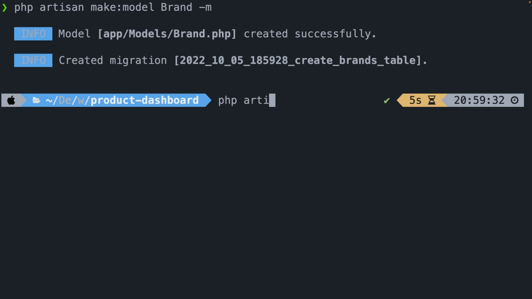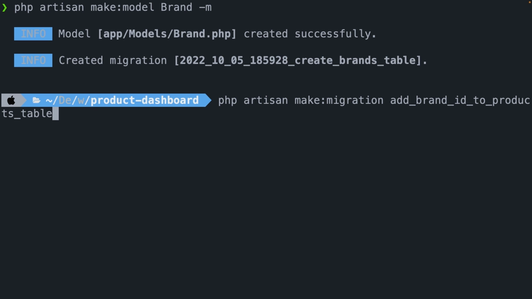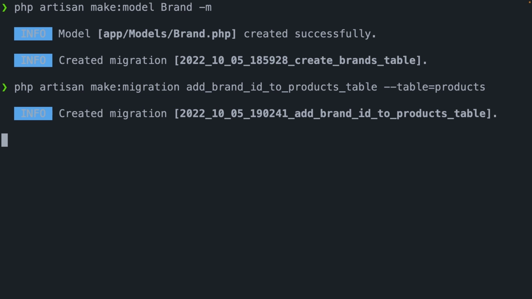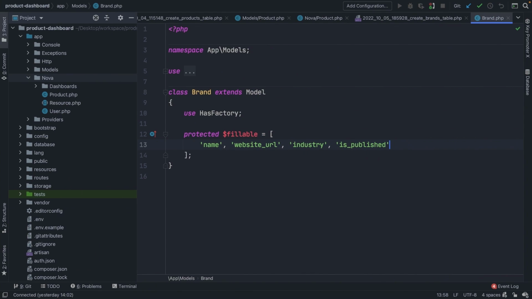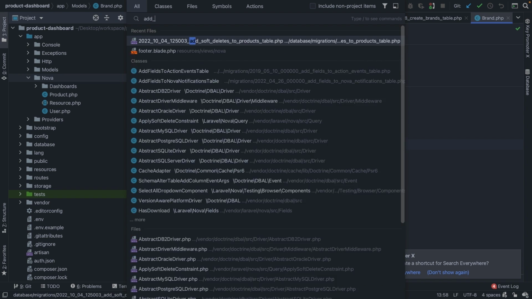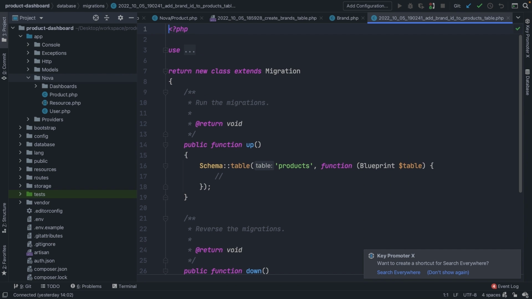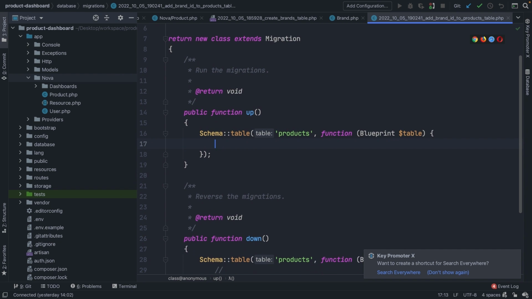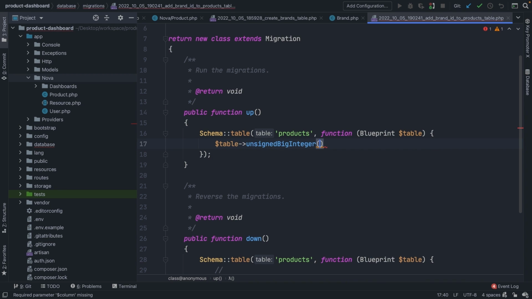Let's say php artisan make:migration named add_brand_id_to_products_table. And let's also add the table to it by saying --table=products. So let's navigate back to PhpStorm, and let's open our add brand ID to products table, where we're simply going to add one column, which will be the table unsigned big integer,